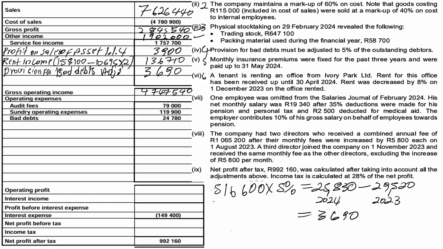We have audit fee that is already given. What about sundry operating expenses? Given. Bad debts given. So it means now we can just start with our trading stock. Since we already determined that we have trading stock deficit,